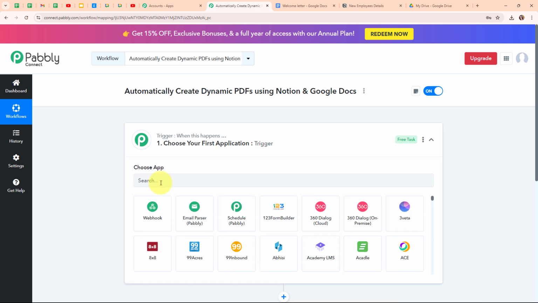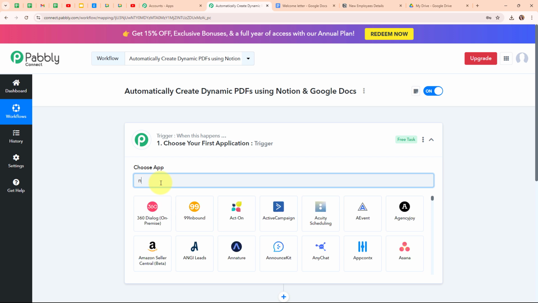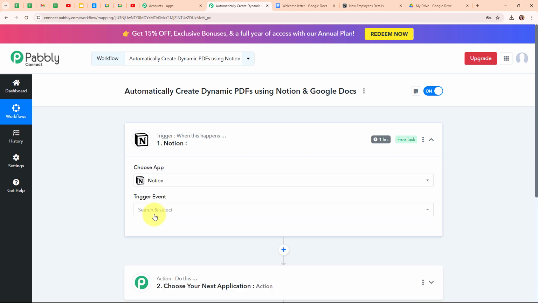So here I'm going to select my trigger application as Notion. Notion is an all-in-one productivity tool that helps people organize their work and personal lives. It combines features like note-taking, task management, databases, and calendars into one platform, making it easy to keep track of everything in one place. People use Notion to create to-do lists, plan projects, write documents, and even collaborate with others. Its flexible and customizable interface allows users to tailor it to their specific needs, which is why it's popular among